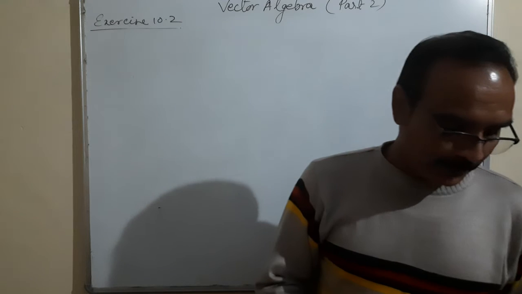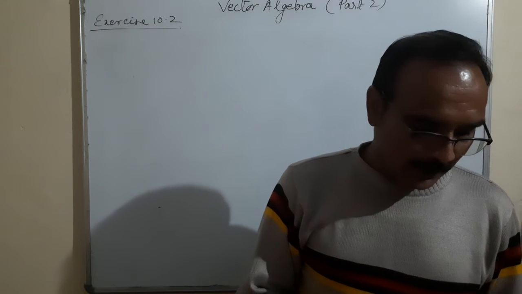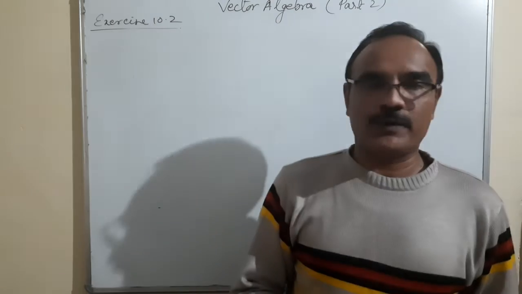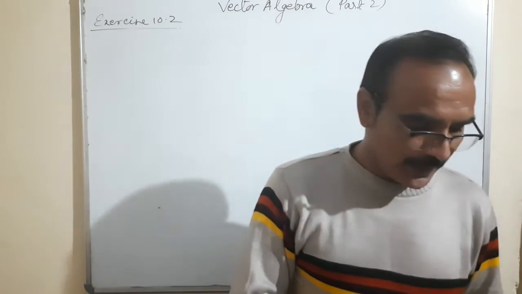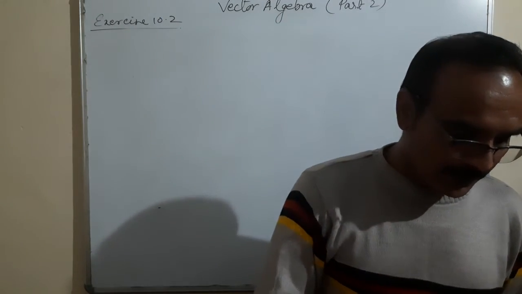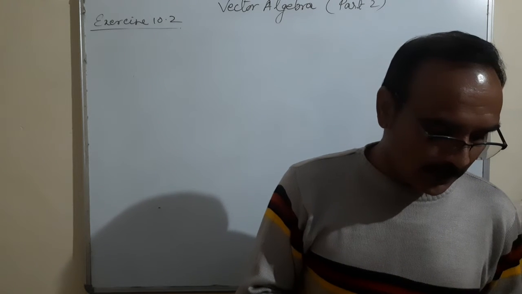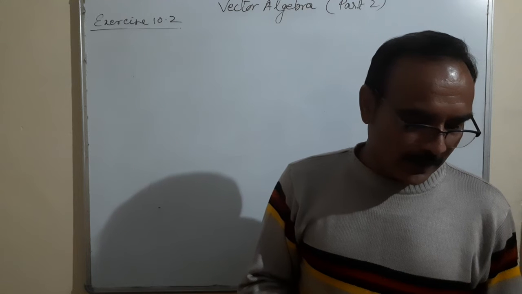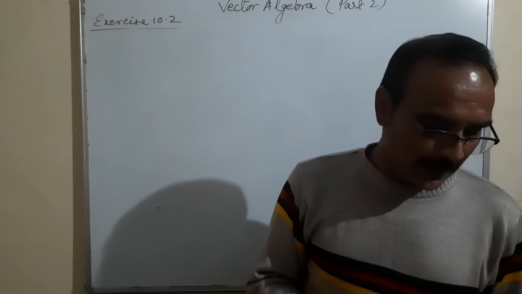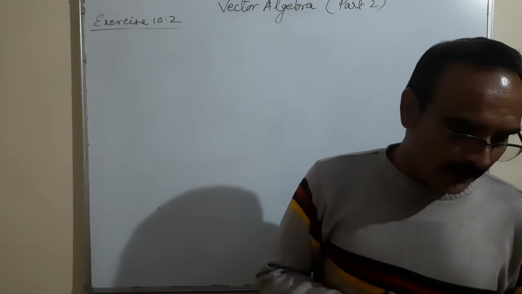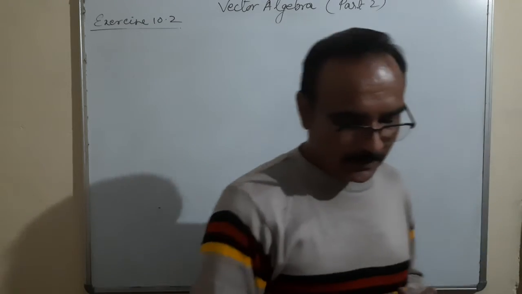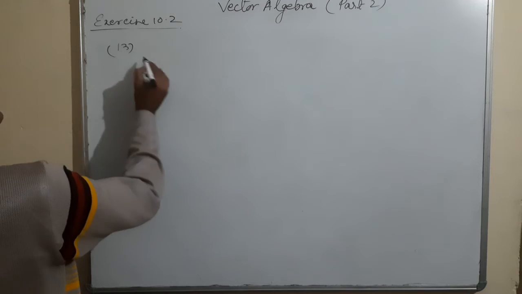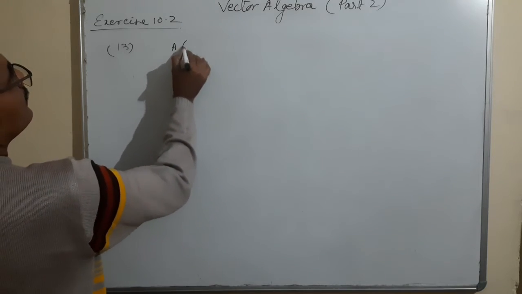Number 12. Find the direction cosines of the vector joining the points A and B directed from A to B. Okay. Direction cosines we are finding. This is also a different type of question. The 12th question is find the direction cosines of i plus 2j plus 3k. Here also we are finding direction cosines, 13 also. So we are selecting the 13th one. Find the direction cosines of the vector joining the points A and B. So the 13th question, direction cosines.